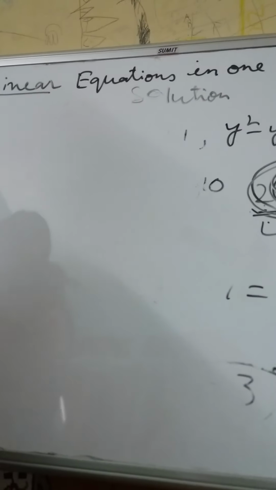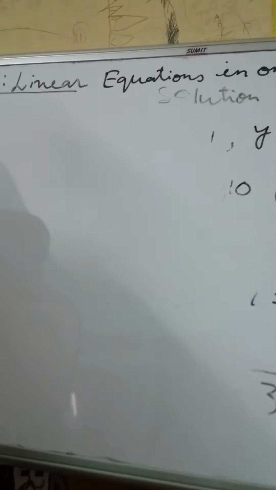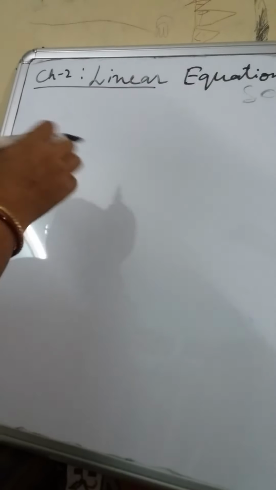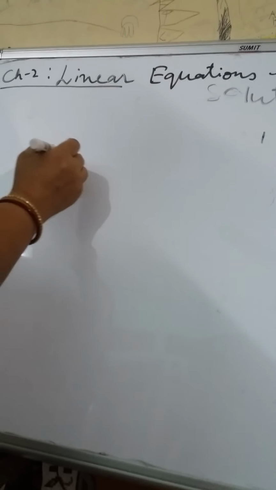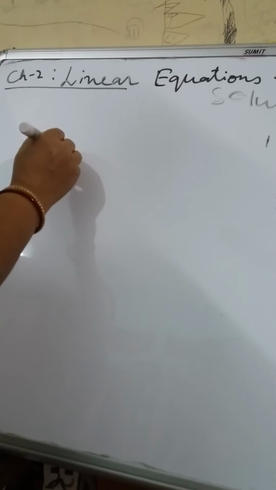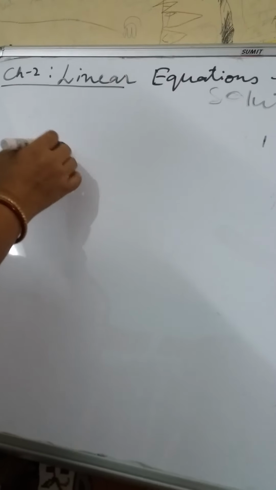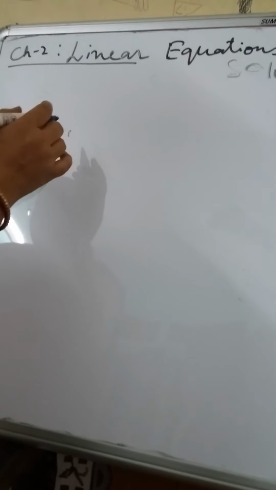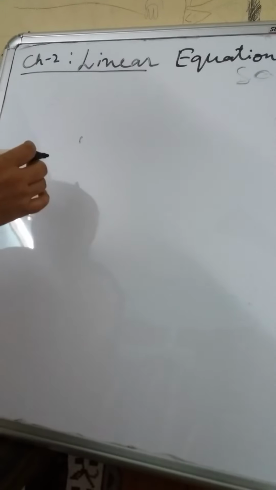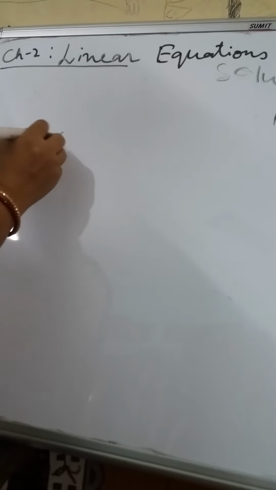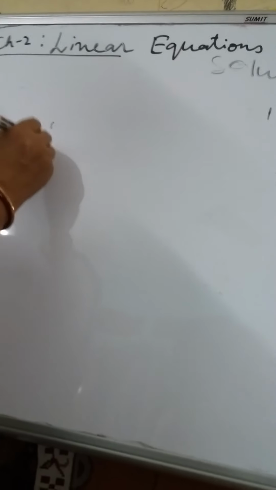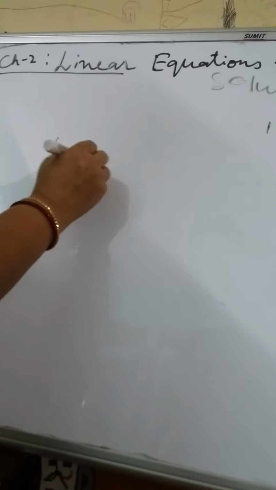There are many methods. I'll discuss two here. The two sides of an equation are balanced. We should perform the same mathematical operation on both sides so that the balance doesn't get disturbed. Take for an example 5x minus